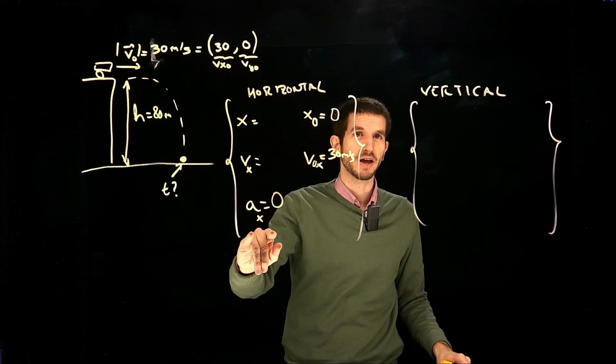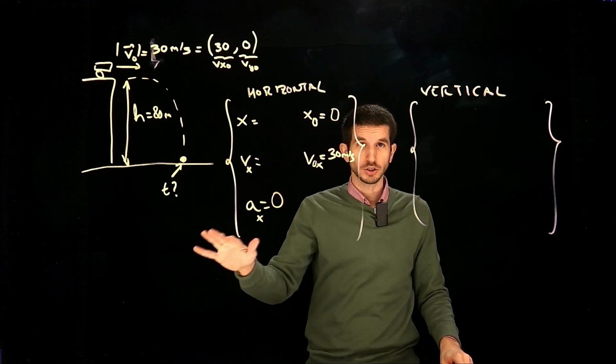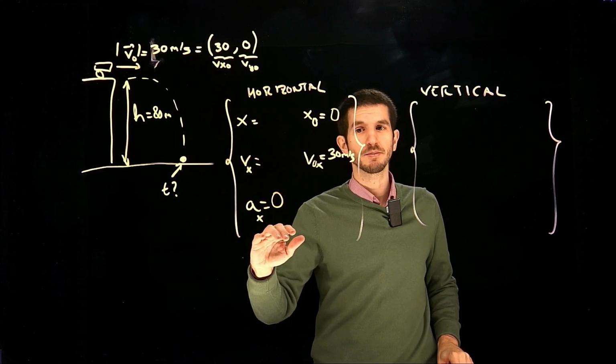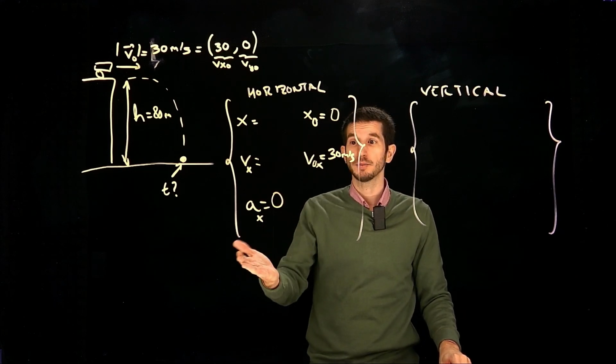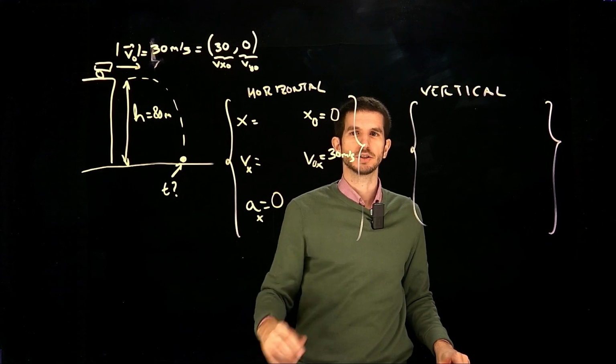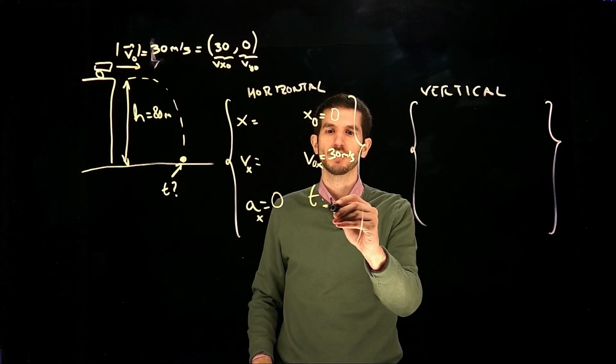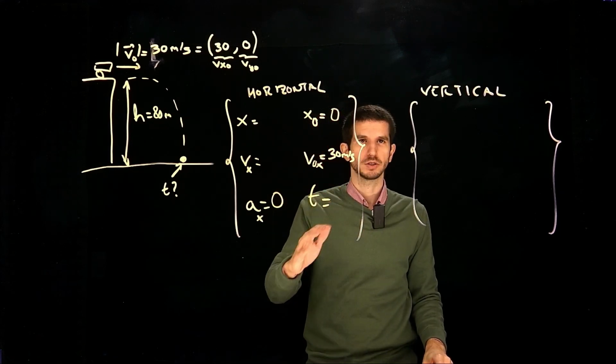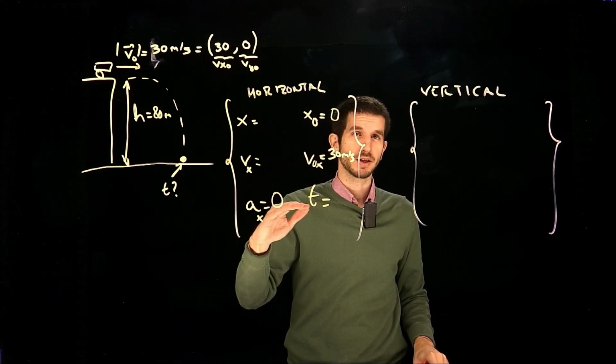And the motion is going to have 0 acceleration horizontally, constant, because all our problems always have the same acceleration for all the problem, and so we're going to know immediately that if there is 0 acceleration and initial velocity is 30, how much is going to be the final velocity? Well, the final velocity is always going to be the same as the initial,